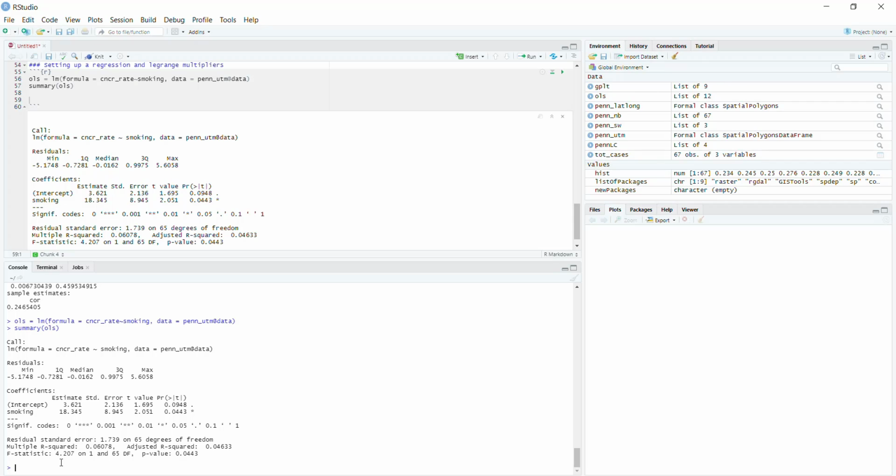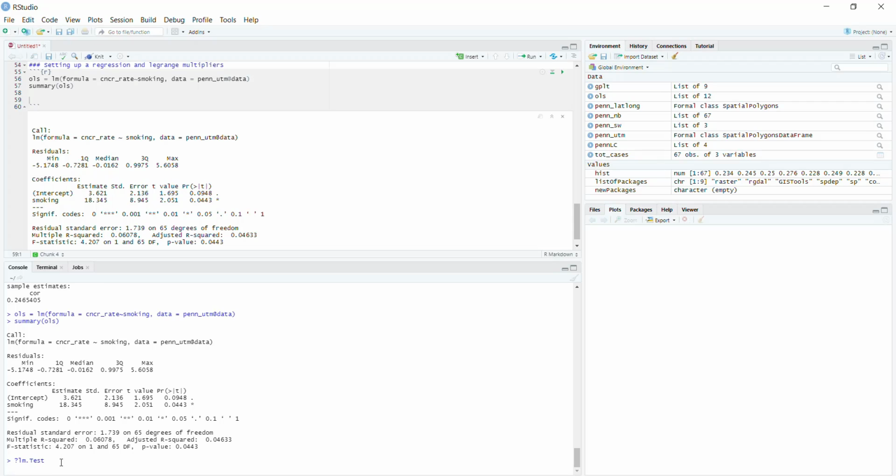Now, we're not going to talk about the spatial error model. That's going to be next week's module. So we're sort of jumping ahead a little bit here. But the Lagrange multiplier is a great way of statistically checking whether or not you should run a spatial model. And the way this works is we use a function called